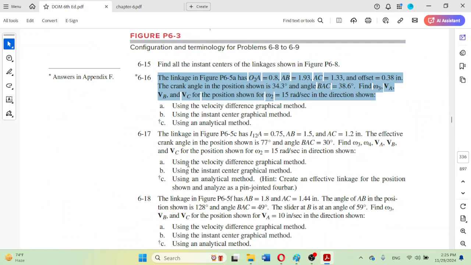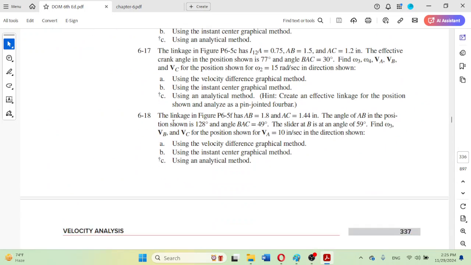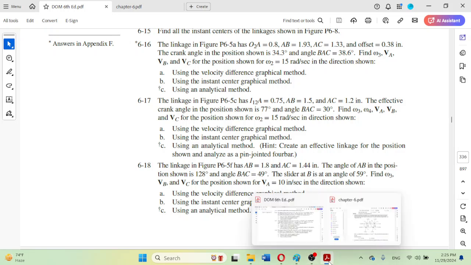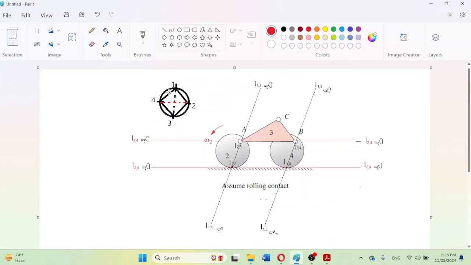that in problem 6-17, the author has written the statement that in the linkage in figure P6-5C, I1,2A is 0.75 and AB is 1.5 and AC is 1.2 inches. So these dimensions are in inches. The effective crank angle in the position shown is 77 degrees. So that means I can input here that this is the crank at this moment. For example, because this point is actually I1,2,